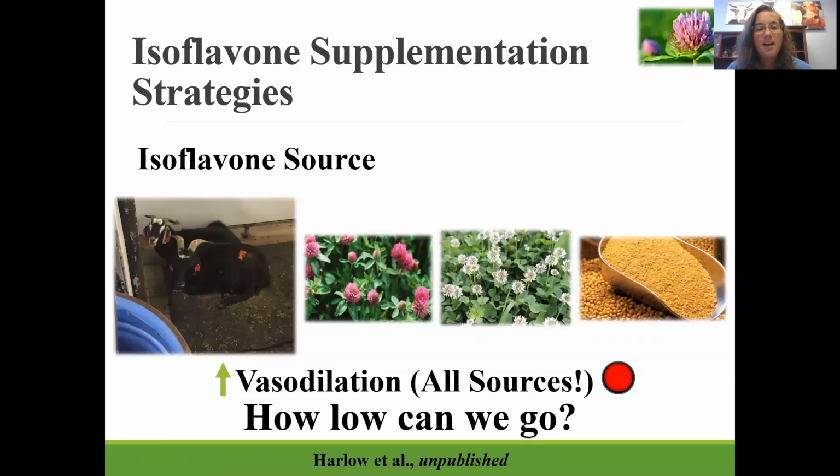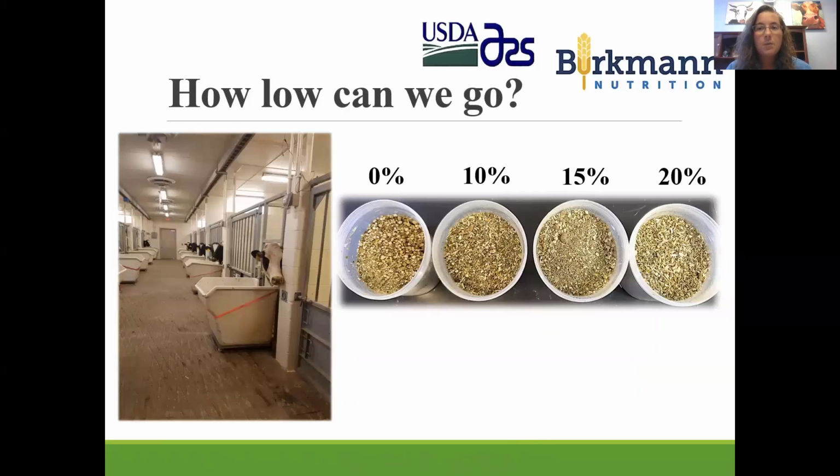So for instance, conventional loose minerals are used a lot in grazing systems, so we decided to try and see if we could add red clover to conventional loose mineral as an additive to be able to combat some fescue toxicosis symptoms. So we worked with Berkman Nutrition on this project to design it, and what we did is we had a 20% weight-to-weight red clover mineral treatment. So essentially it was red clover ground into conventional loose mineral, and this was made to represent the white clover treatment in the previous experiment. We had a 15% and 10% treatment to see if we could go a little bit lower,